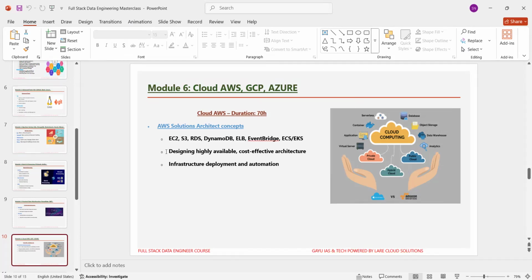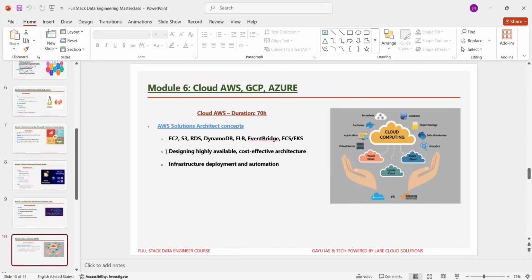After learning this, you'll practice deploying and configuring an EC2 instance running a batch job, and storing raw and processed data in S3 buckets with lifecycle policies. You are going to set up DynamoDB tables for low-latency lookups, use the ELB to distribute load for a microservices app, automate workflows with EventBridge triggers, and deploy containerized applications with ECS or EKS. Here, one of the use cases is end-to-end cloud deployment for data pipelines and microservices.